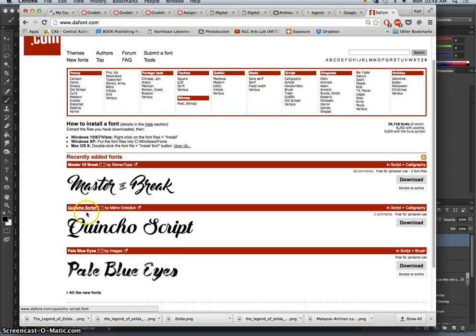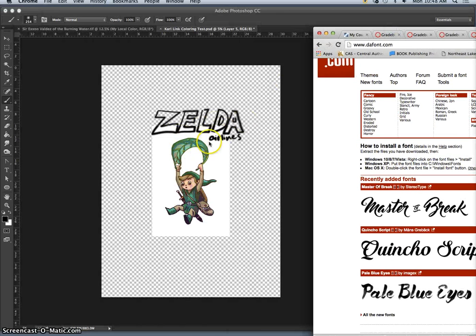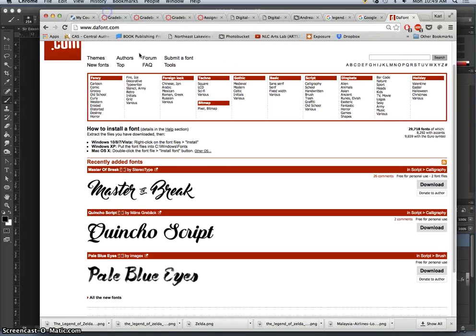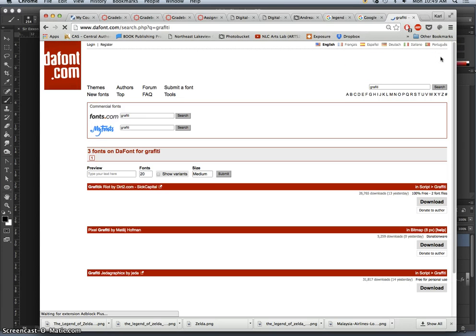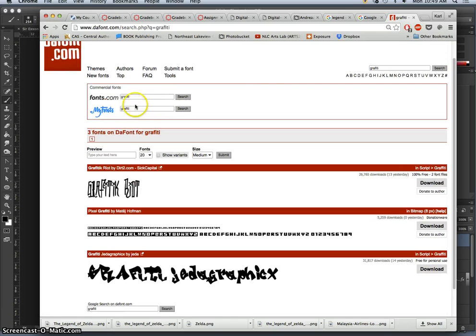And these are beautiful kind of script designs, and one that looks like it's done with makeup. But that's not what I'm looking for, because it has nothing to do with Zelda Airlines. So I want you to sketch and kind of know your approach and know your references before you start looking for an existing font design to modify. And sometimes it can be really easy. Like if I know I want something graffiti based, I can just type in graffiti under search. And it, especially if I spell it correctly,